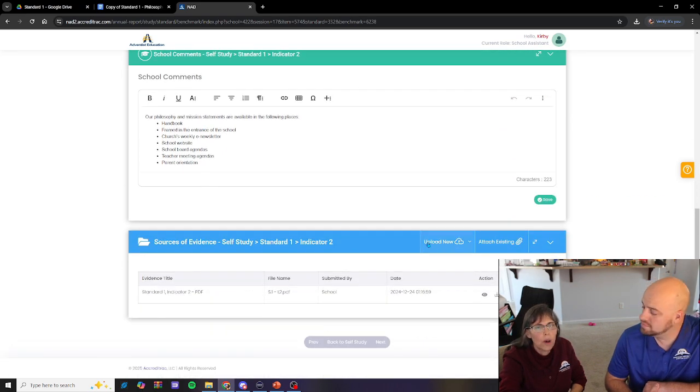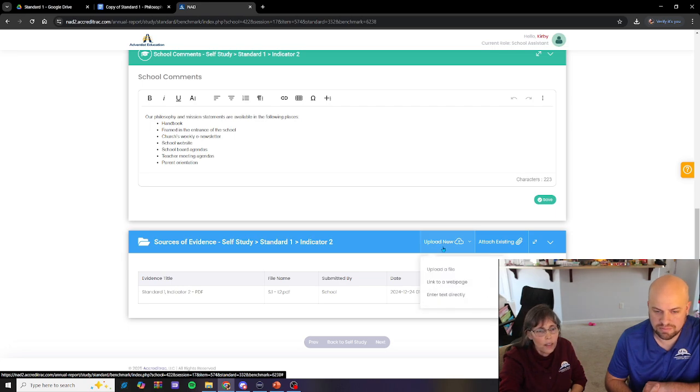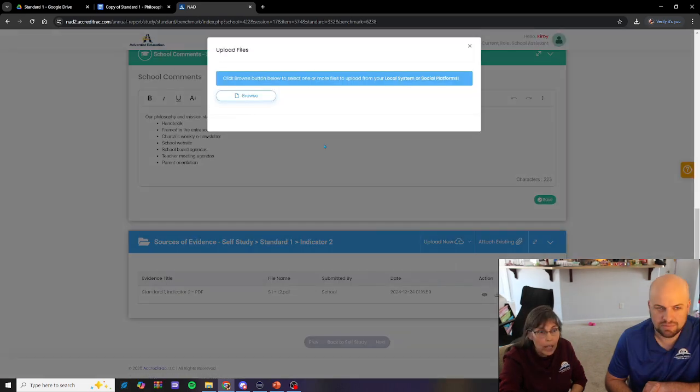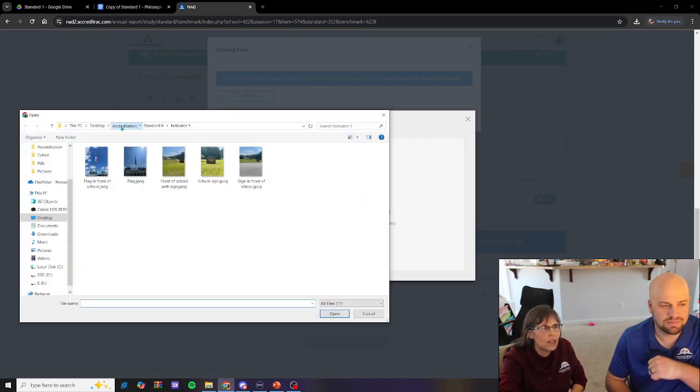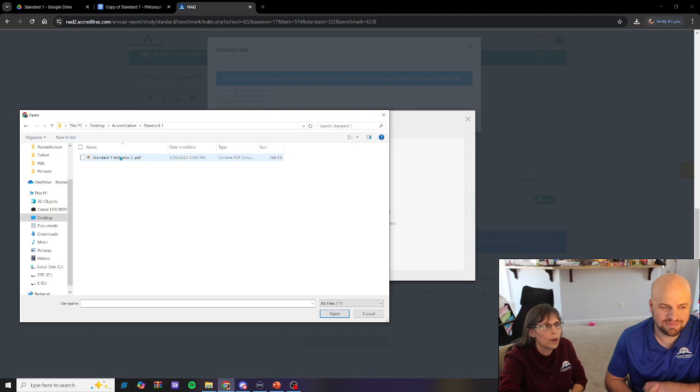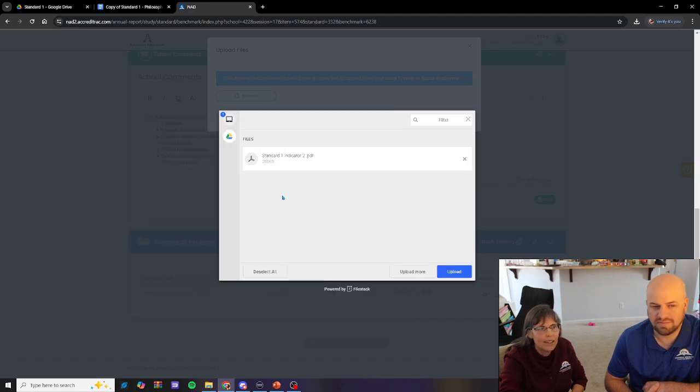And then down here at the bottom, you're ready to upload a new document. You're going to click on that. You're going to upload a file. Then you're going to browse. You're going to go into wherever you saved it. So Kirby's super organized here, and he's got Standard 1, Indicator 2. You're going to upload it. I'm actually not going to upload it, please don't,